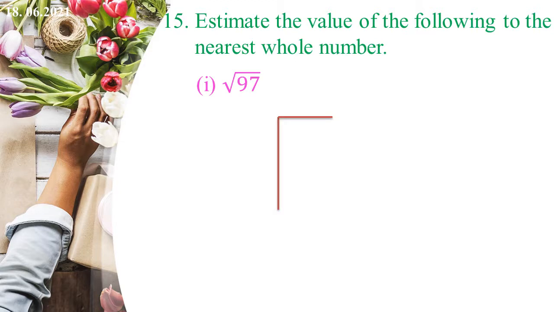Let us find the square root of 97 using the long division method. Here, mark off the digits in pairs. Then, here 9 square is less than the first period 97. So, take 9 as the divisor and 9 as the quotient. Then multiply 9 and 9, we will get 81. Then subtract 81 from 97, we will get 16 as the remainder.